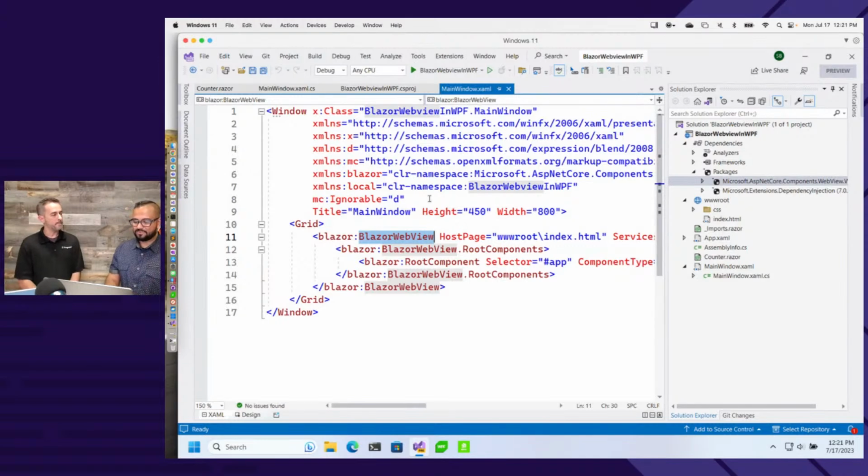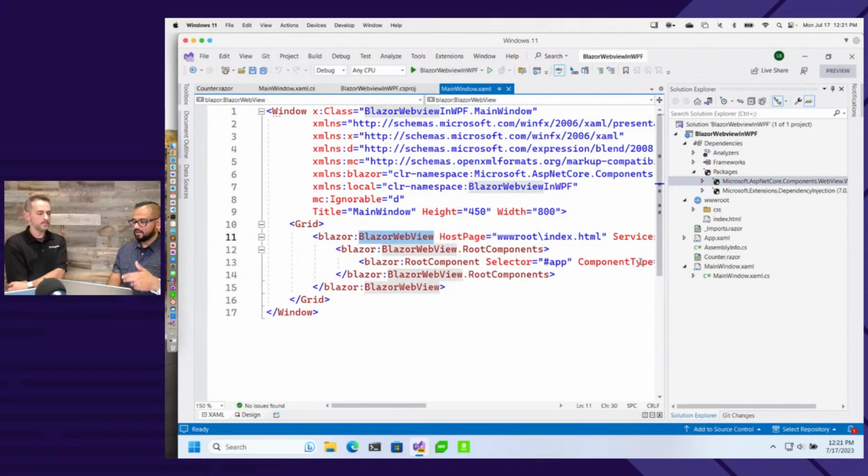The one thing I will warn you is, this is a web view that you're bringing in. There's nothing stopping you from adding a dozen web views on a single view. Yep. If you do that, your performance is going to start hurting a little bit, because now it's a process that you're spinning up for every one of those web views. So just be a little careful. You should not be needing more than one or two on a given UI. So that's WPF. And if you want to bring in Telerik Blazor UI inside of a WPF project, this is your way.